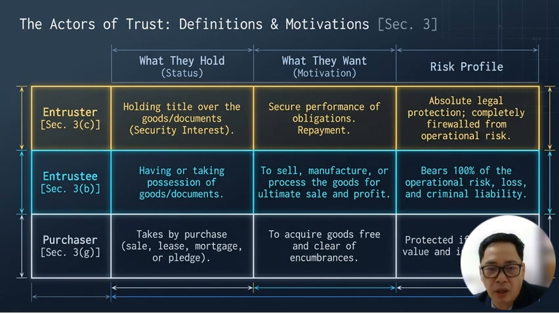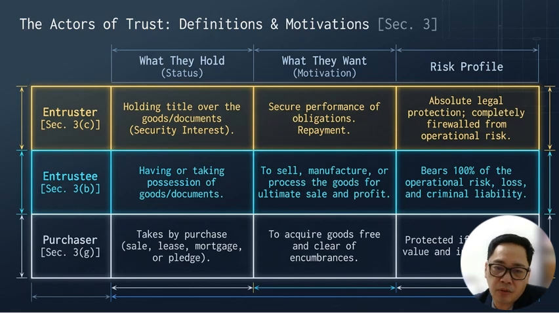The entrustee takes possession of the entrustor's property specifically for the purpose or purposes specified in the trust receipt agreement, while Section 3 relies on the agreement to define the exact actions. The overarching motivation of this actor is to use the trust receipt as a convenient business device to solve their financing problems. Lastly, the purchaser. A purchaser is any person who takes